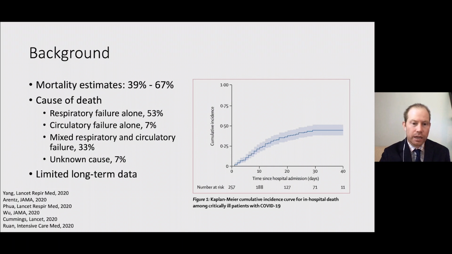The majority of those who die with COVID-19 in the ICU die of respiratory failure or some combination of respiratory and circulatory failure. I should say, though, that we don't have a lot of good long-term data. So we don't have a lot of great data in terms of what happens to these patients long-term. And many of the studies we're going to talk about are limited by the fact that the endpoints that they have are measured either at 15 or 30 days. And many patients are still in the ICU at that point. And so it's somewhat difficult to know what happens to patients in the longer term.